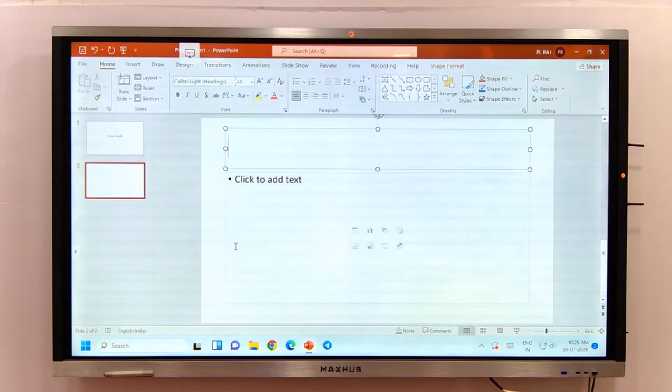Section B, case studies, which consists of 120 marks. Okay, 120 marks. This 120 marks requires